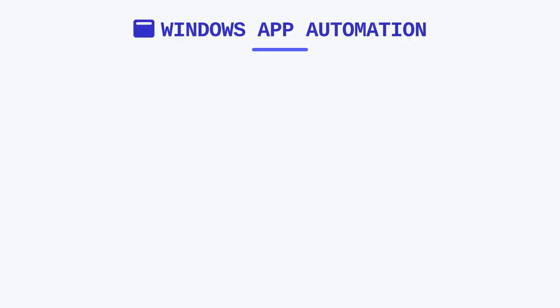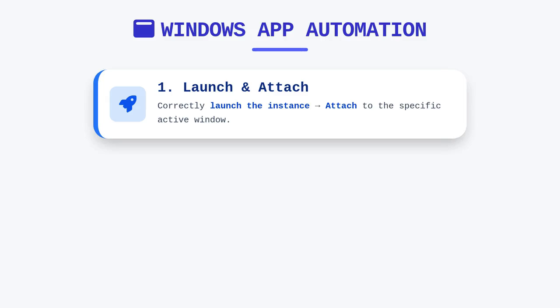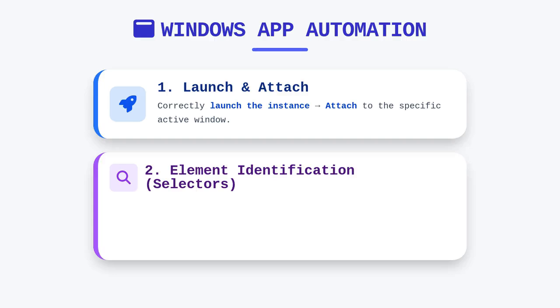To start automating a Windows application, the first step is usually to launch the instance correctly using the appropriate action. Once the application is active, Power Automate must successfully attach to the specific window and identify the specific control, be it a text box, button, or checkbox, that requires interaction. This process relies on selectors, which are a collection of attributes that uniquely identify a UI element within the application's